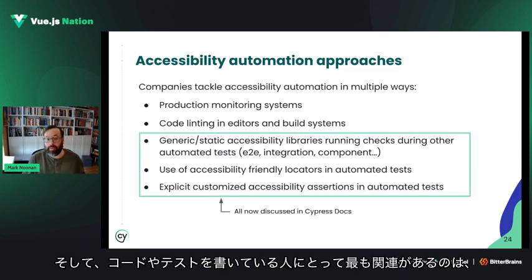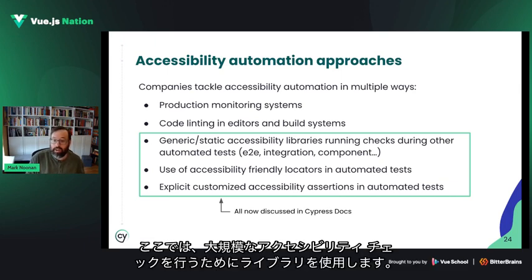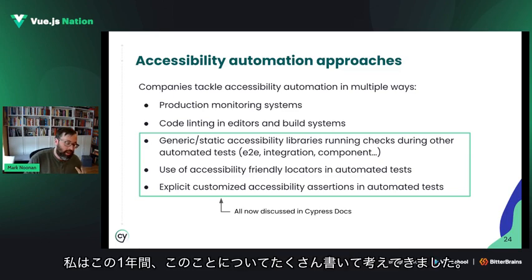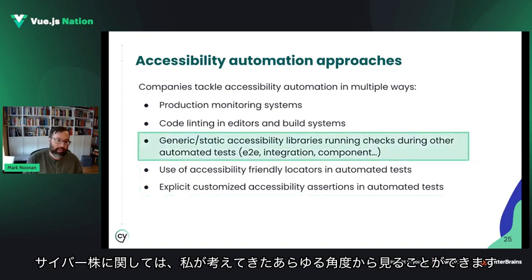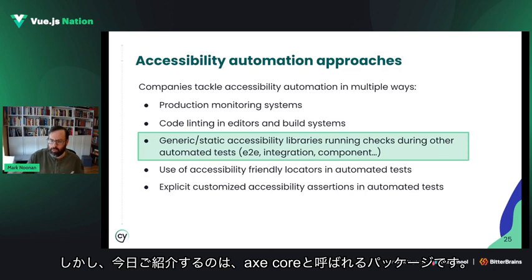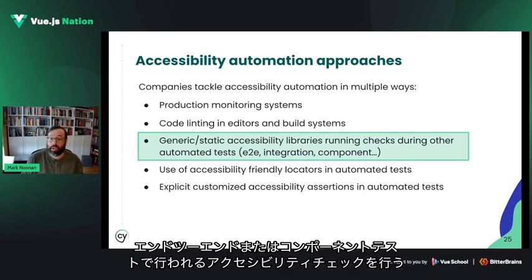And then maybe most relevant for people who are writing code and tests is this set in here, where we use libraries to help us do big accessibility checks. I've been writing and thinking a lot about this for the last year. So in the Cypress docs, we have kind of every angle on this that I've been able to think of already. But the one to introduce you today is this package called Axe Core, which is able to do accessibility